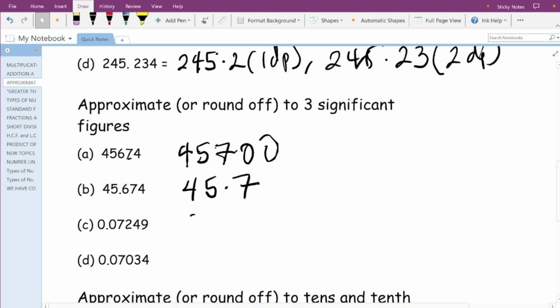So we have our answer as 0.072. Rather than 4 now, we'll be having 5. Then the 9 goes off. You don't need to add 0. Since it's behind the decimal, the 0 goes off. The next question is